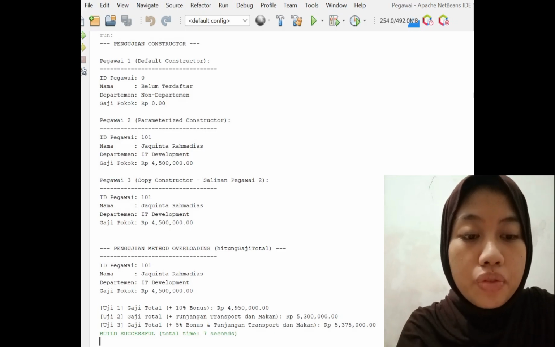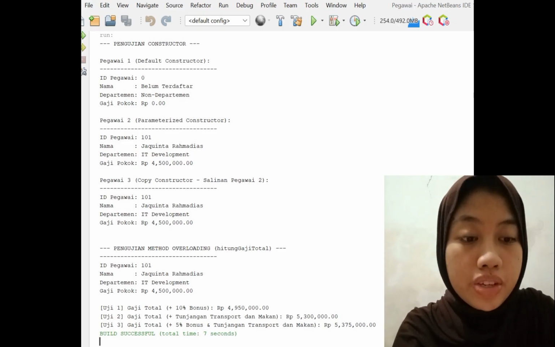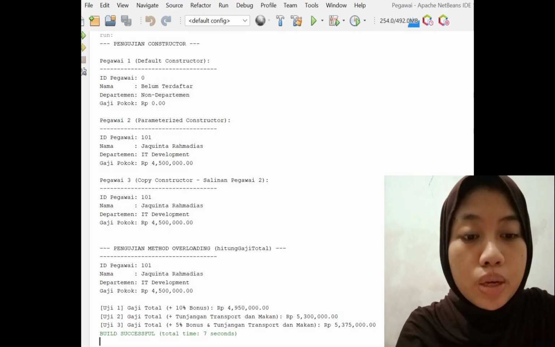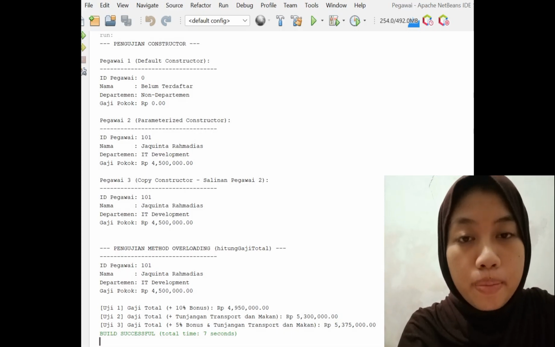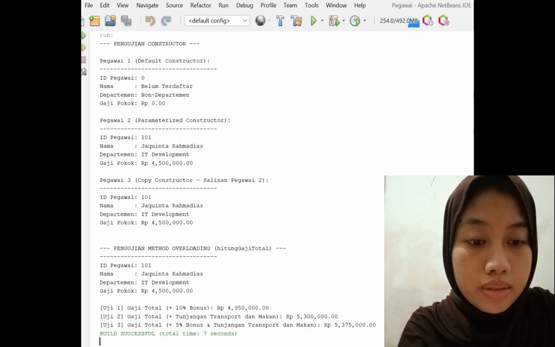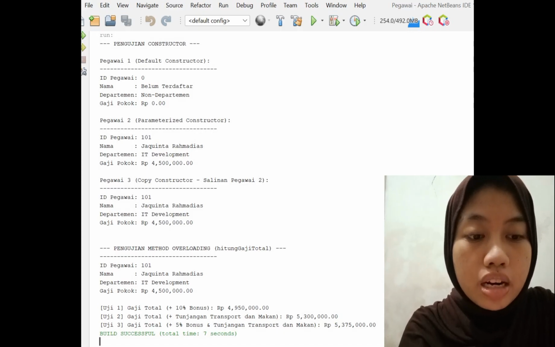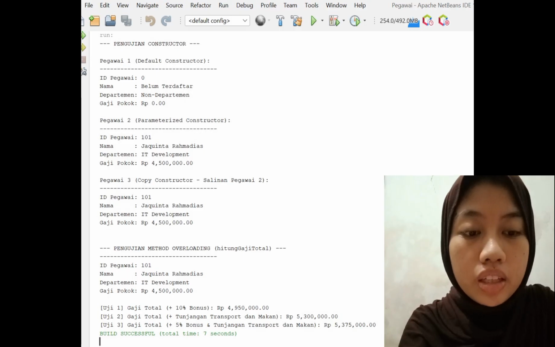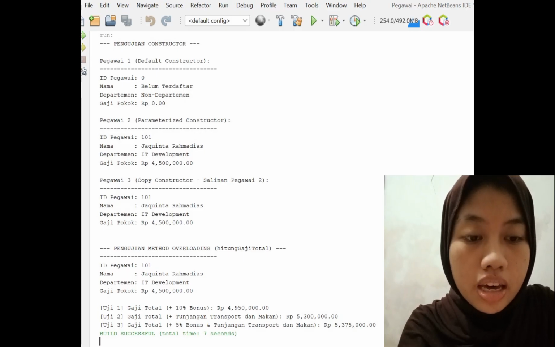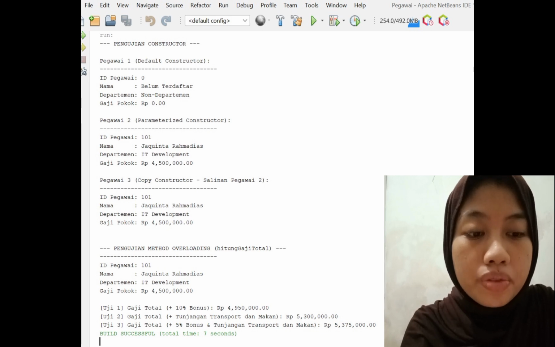The first part of the output verifies the functionality of the 3 types of constructors defined in the Employee class. The first one is employee1, the default constructor. This is the result of instantiating Employee using the default constructor. These values prove that the constructor has successfully performed the mandatory initialization with default values.